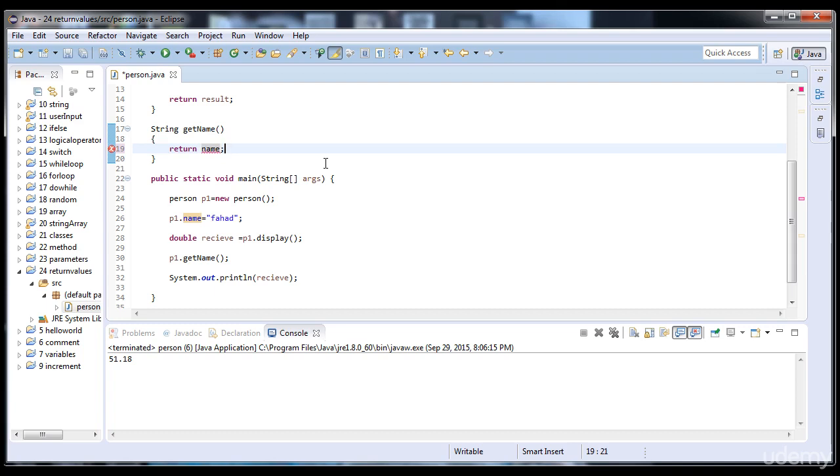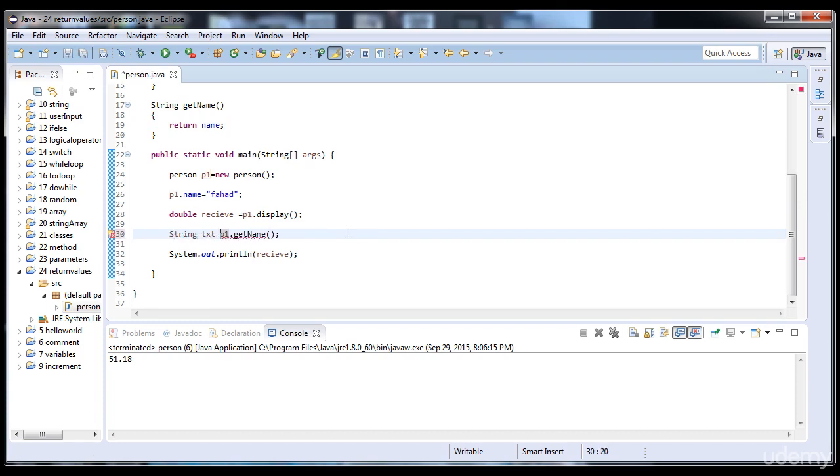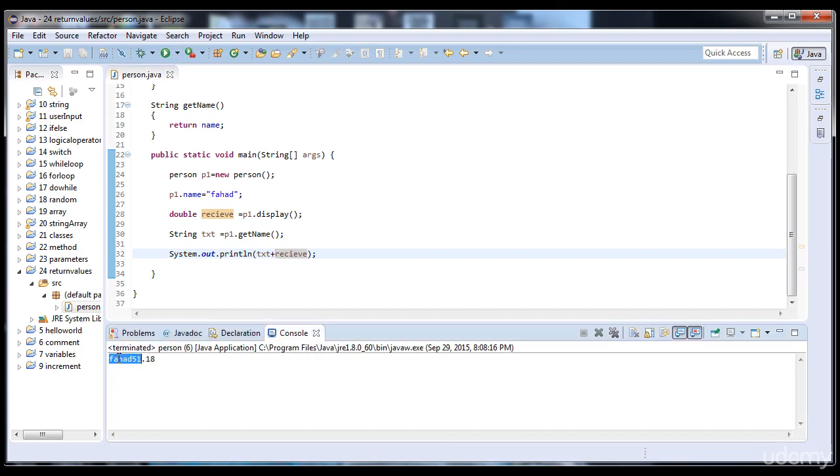Here is the return name, so it returns this value. Now let's check it. Here I'm gonna save this value in the variable of type string. Here is the equal, and then I'm gonna print the string here. Write the txt. So now let's execute it, and here you see that the Fahad is print